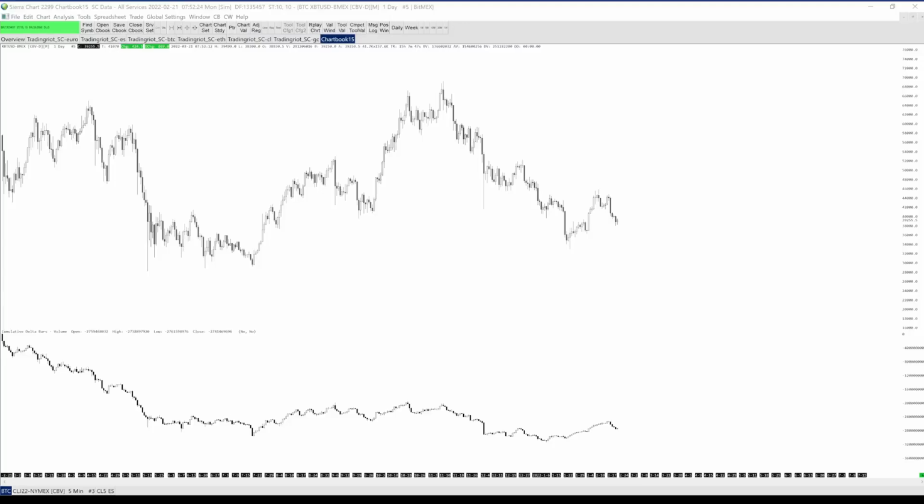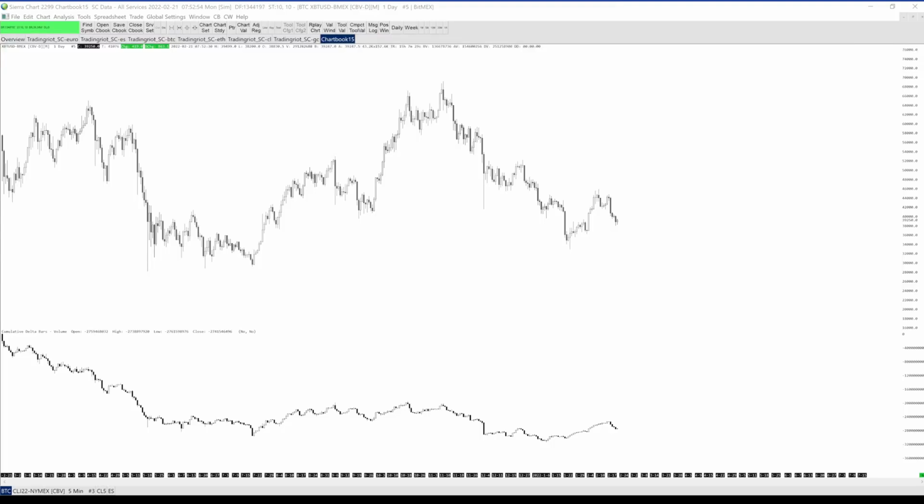So I want to talk about the cumulative volume delta, because this is something that I keep seeing people posting online, and it seems like they don't completely understand how this tool should be used, what it's made of, and for what type of environment it is made. Anyway, so